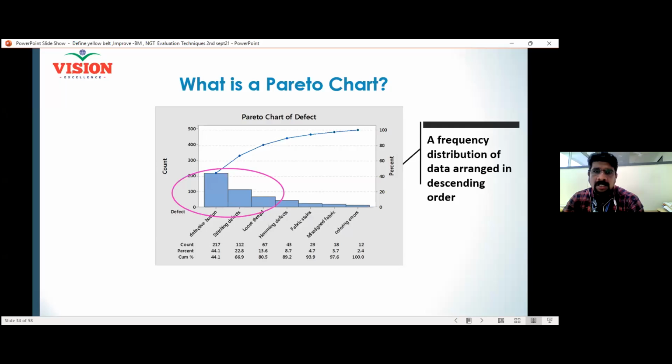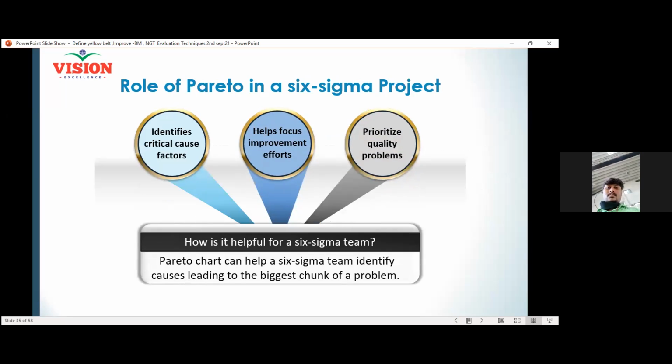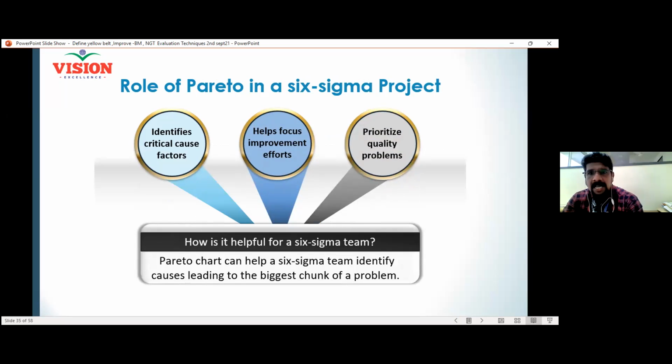Okay. So this Pareto chart helps you to identify the critical problems, select it and prioritize the important problems, and helps your team to focus on that particular problem. So it helps you to identify the critical project which you have to focus on. It helps you to prioritize it. So out of the 10 problems, I will be able to find out which problem I have to focus on, which project I have to choose.